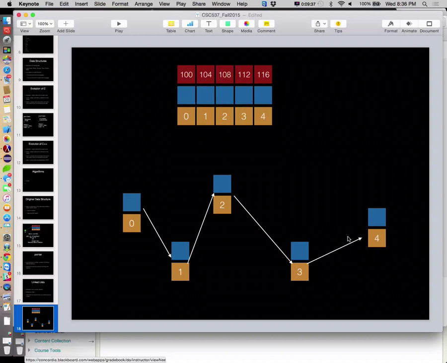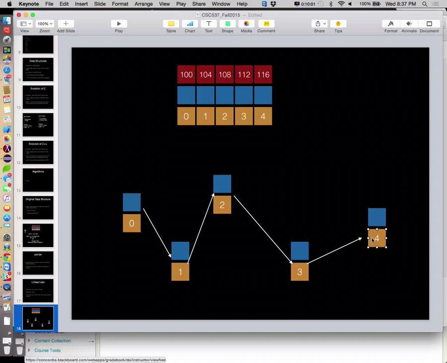So to get to bucket 4, to the 4th element in our linked list, we would start at the beginning, walk to number 1, walk to number 2, walk to number 3, finally arrive at number 4. So we have to walk through memory to get there.